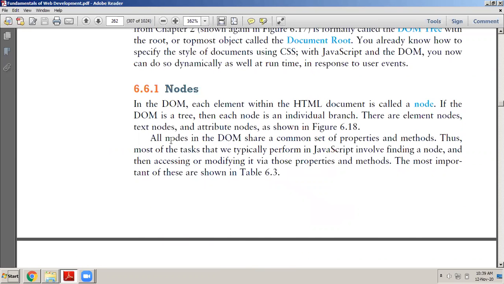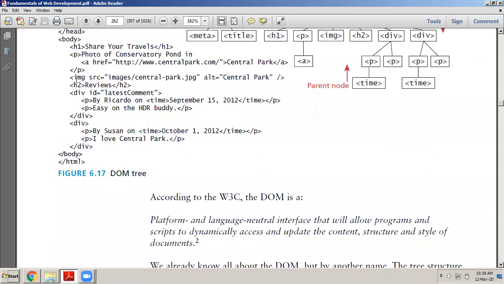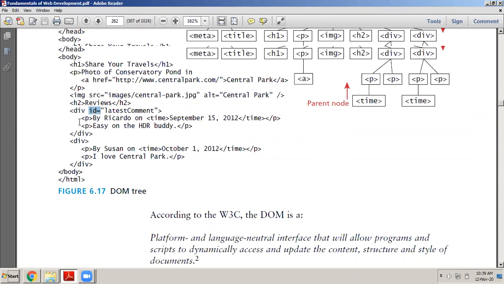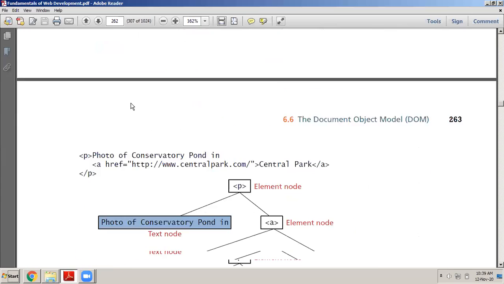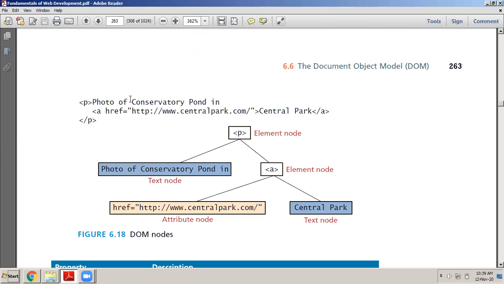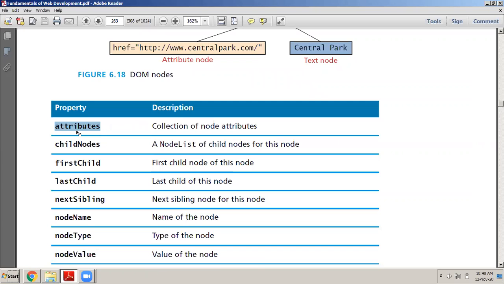Similarly, the form tag has two very important attributes: the method attribute and the action attribute. You can see even here in the image tag, there is the src attribute. Src is the source of the image. Like this, the div tag has an attribute called id. The A tag has an attribute called href, and so on. If you want to access all the attributes of a particular tag, all the properties of a particular element or node, then we use the attributes property. So we have p dot attributes. It gives me all the attributes of the p tag.